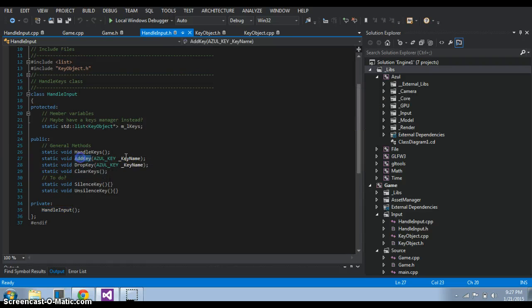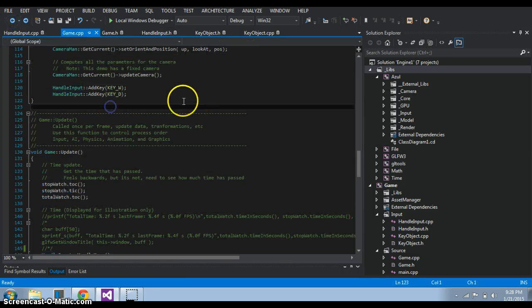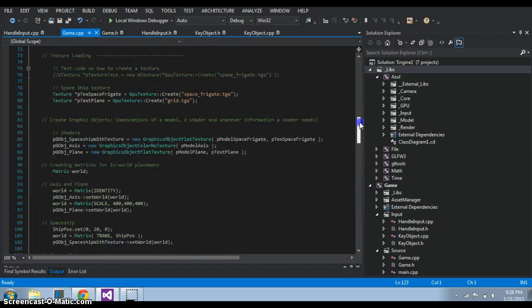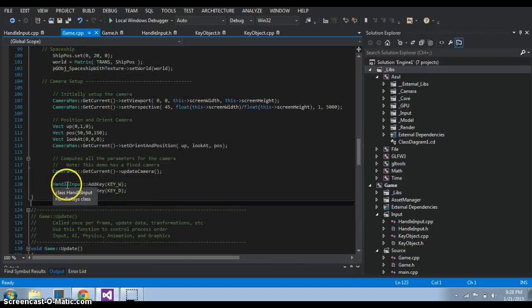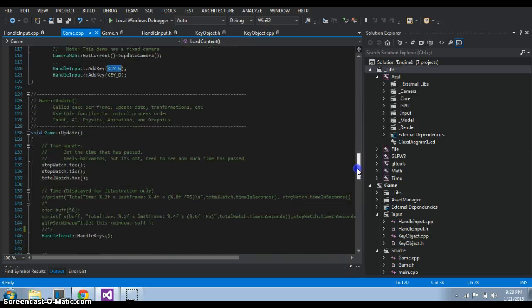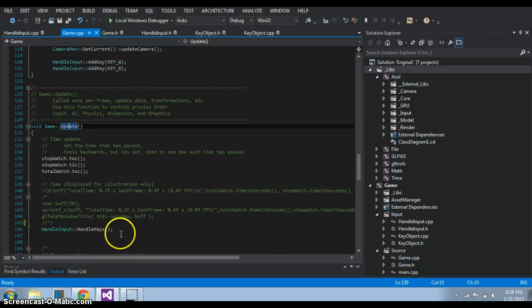So right now the function add key, you just use an Azul key, enum key name. So for instance, right here, this is in the game.cpp file, and this is in the load content section. You just have handle input, add key, key W, key D, and then in the update function, I have handle